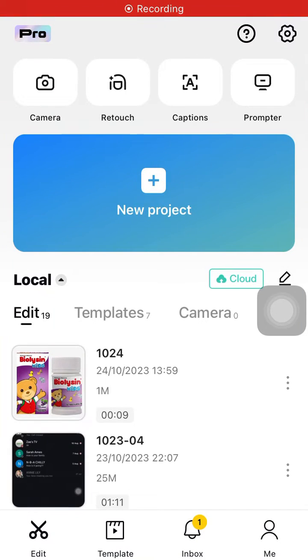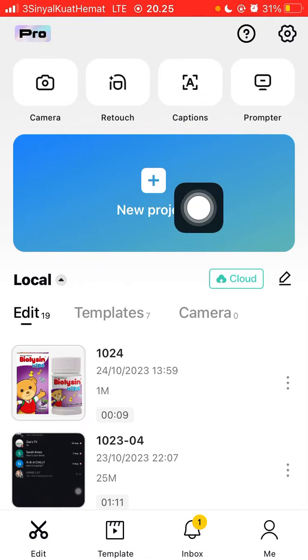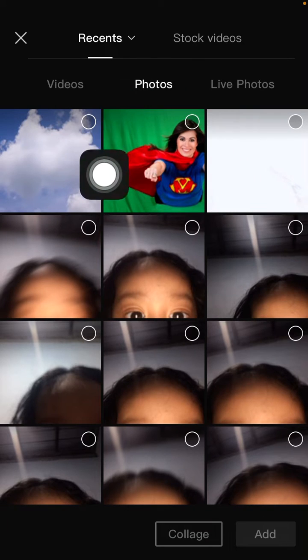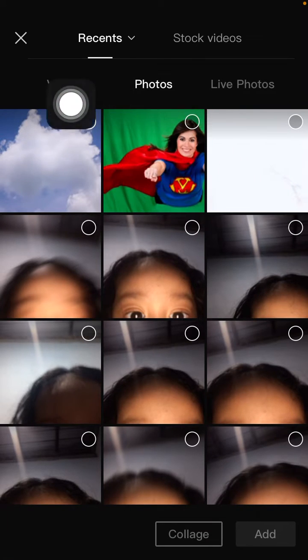Hello everyone, in this simple video I'm going to show you how you can use the green screen in the CapCut app. So I'm going to tap on your project and I'm going to select the green screen photo and